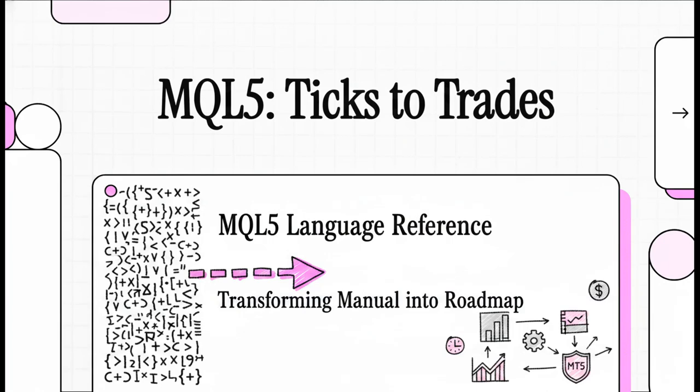All right, let's dive right into this explainer and completely demystify the MQL5 language reference. I mean, if you've ever opened up the official documentation, you already know it can look like a massive wall of dense C++-style syntax. But today, we're going to transform that technical manual into a clear, actionable roadmap for your automated trading. We're going to break down exactly how this language gives you absolute, total control over the MetaTrader 5